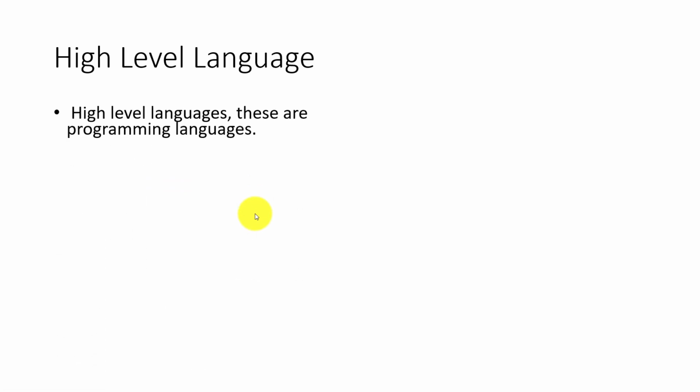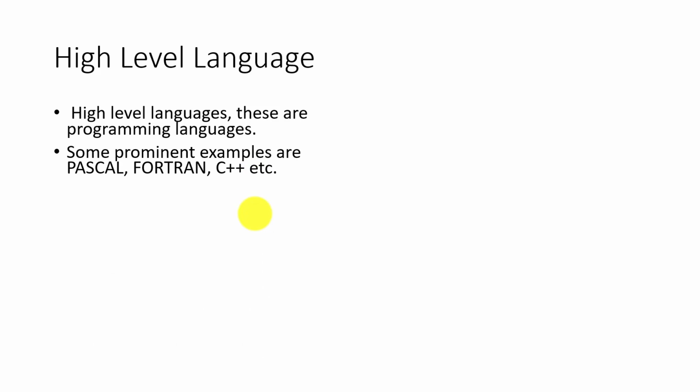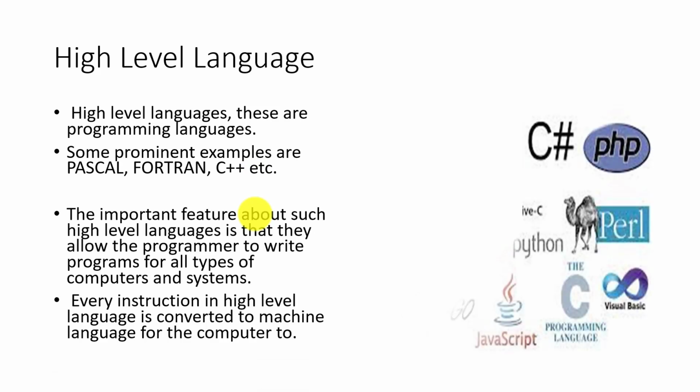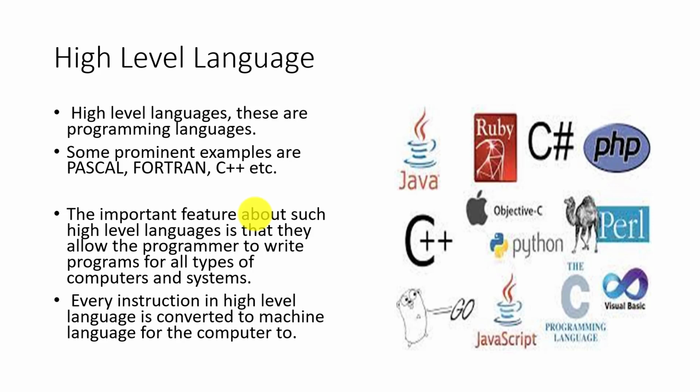Now we know that high level languages are recently all the programming languages like Fortran, C++, Pascal, Python, etc. They all come under high level language because they use simple English words also. They allow a programmer to write a program for all types of computers in the system. Every instruction in a high level language we have to convert into machine language